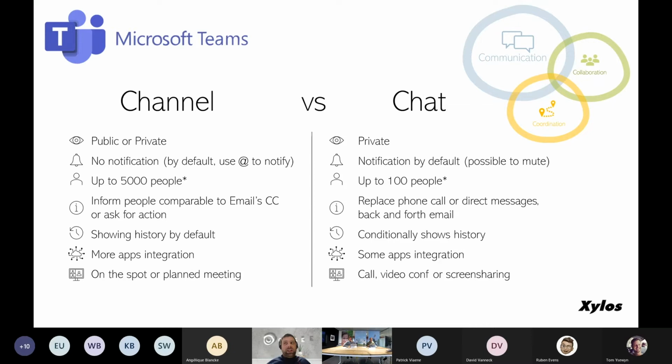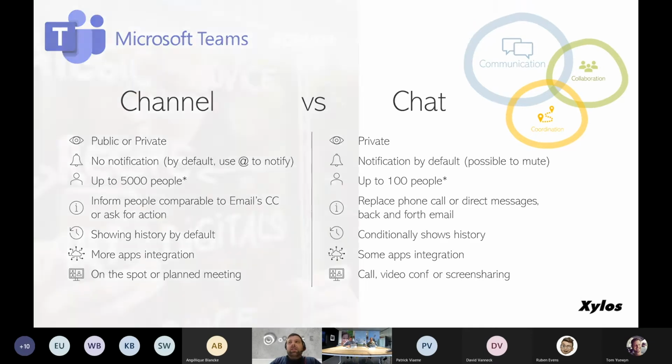of that communication. Big difference for me also is the notification part. So if you're going to post something within a channel, this is more general information. I like to compare this with a carbon copy, a CC for a mail, where you're going to send information to a lot of people. Okay, they get the message and they can see it. In chat, you're going to have a notification when you receive the message. So big difference. However, and this is a nice trick I want to highlight, within a channel, you also have,